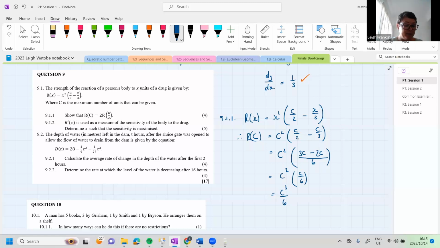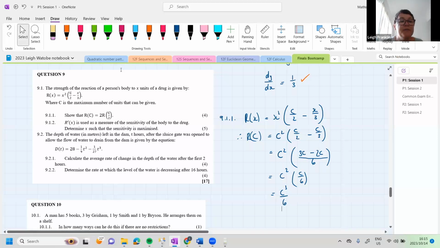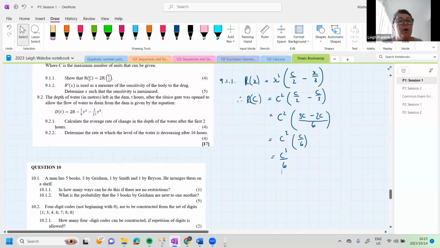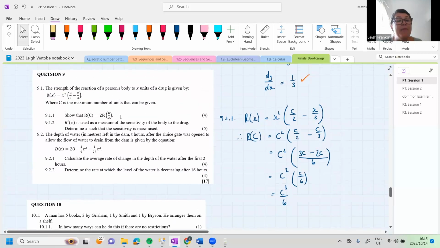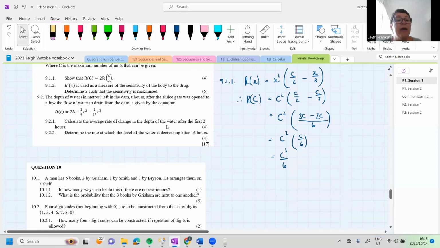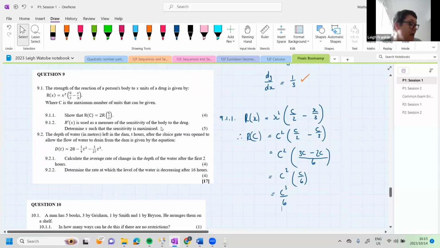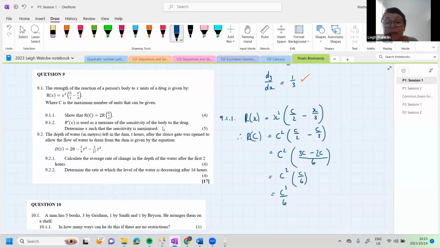Right. Now, this thing that they gave us, RC is equal to 2RC over 2. So now what we're going to do is sub that in as well into the equation that they gave us. So that means that 2RC over 2